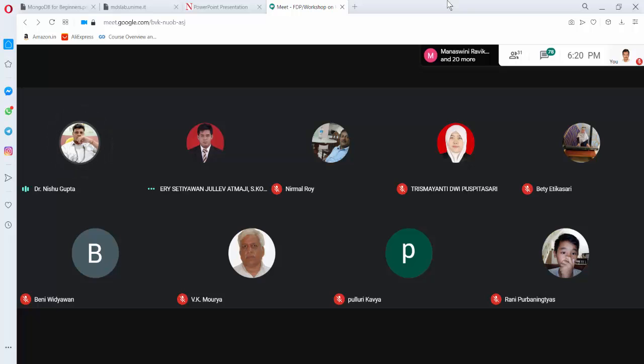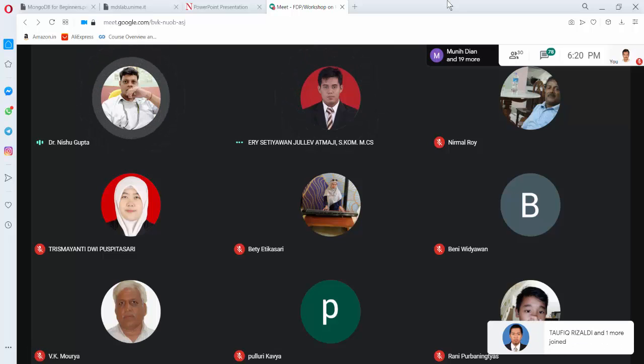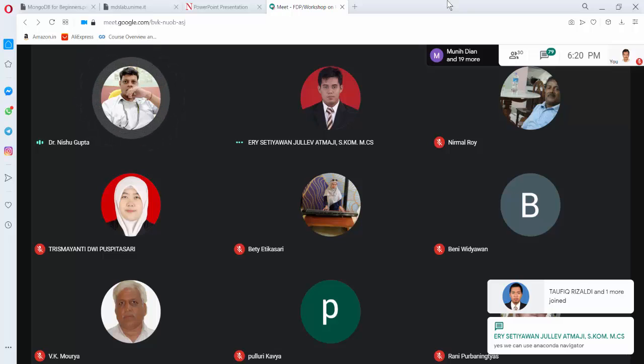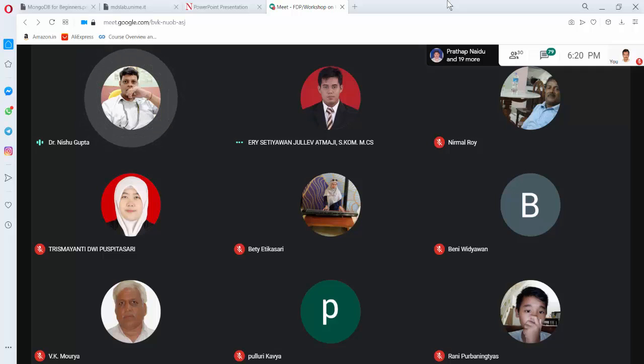For the four days we had the initial version, and this is the enriched version, in which we do not have to type again and again or go looking for the results. Immediately we get the result in the same window. Eri will be sharing the presentation on the WhatsApp chat. I request all the participants to install this.